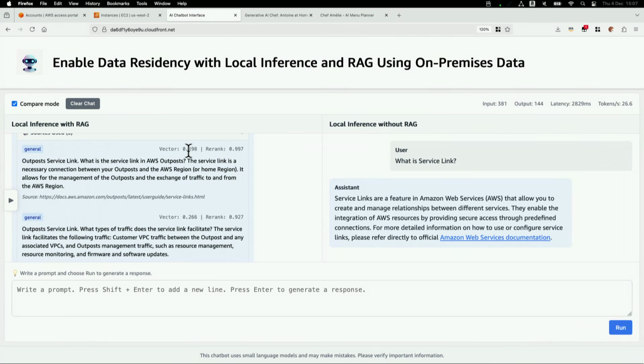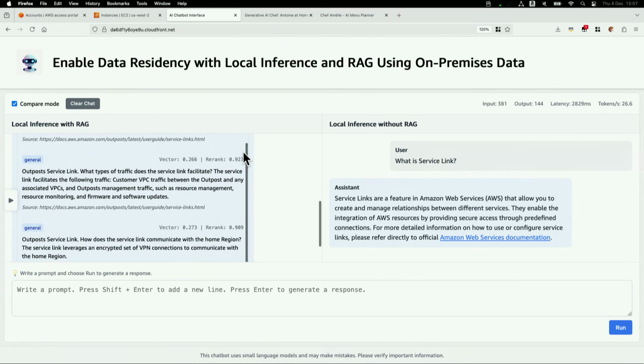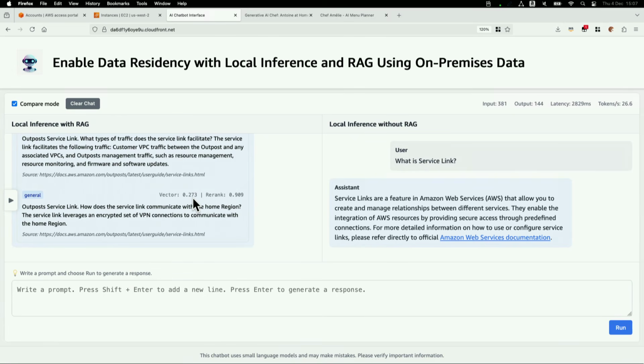The distance on the RAG, the naive RAG, in that case you can see this chunk, the similarity in that case is 19%. After the re-rank, it reclassified this chunk to 99%. What makes sense? The same for this. So now, instead of 26%, now we have 92. Instead of 27, 90%. So the re-rank is running here to reduce hallucination, to reduce the amount of noise that we send to